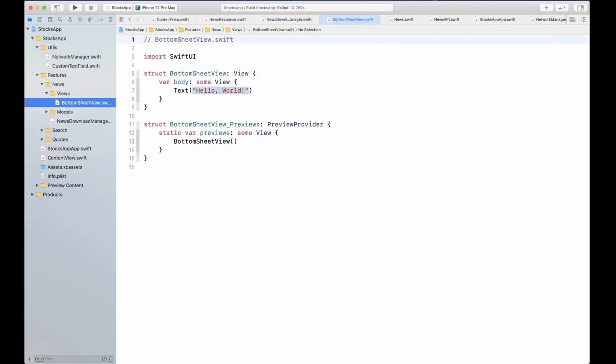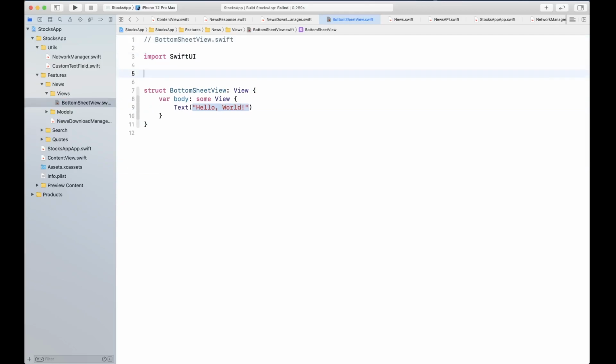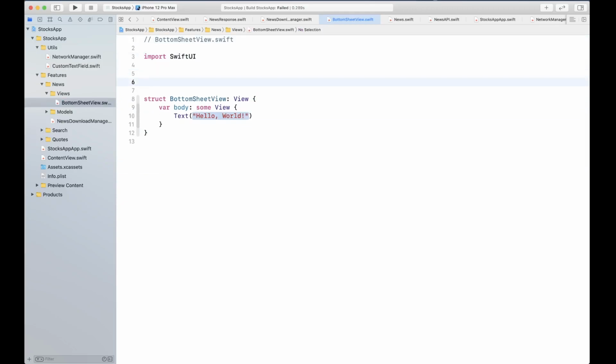All right, and we're going to make this bottom sheet view a kind of generic view that can be called and passed in the content. So let's go ahead and modify the signature. But before we actually do that, we need an enum to store some of the constants for this.